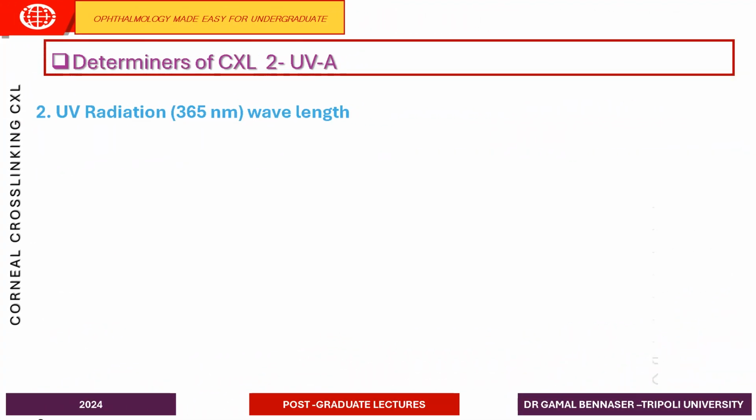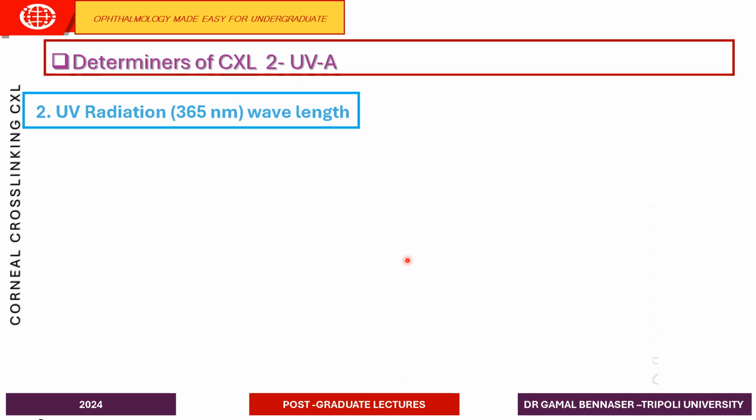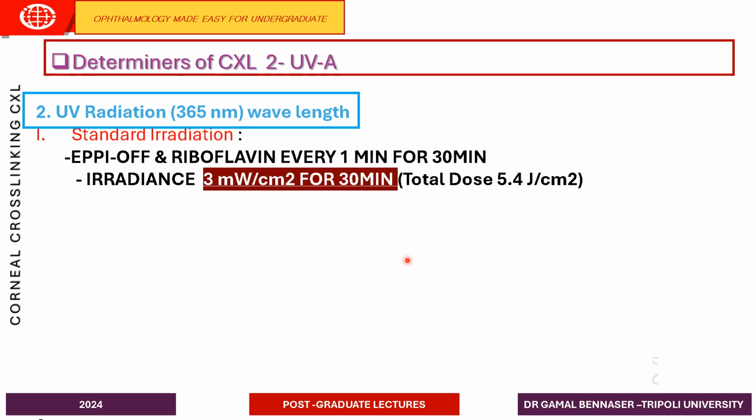Now we come to the second determinant for successful cross-linking, which is the ultraviolet, as explained by Theo Seiler in his classical Dresden protocol. He uses ultraviolet in the range of 365 to 370 nanometers, and after removal of the epithelium, he used a power of 3 milliwatt for 30 minutes for a total dose of 5.4 joule. He could reach a very good effect in the cornea. Because the duration of this protocol is long, around 1 hour for one eye,